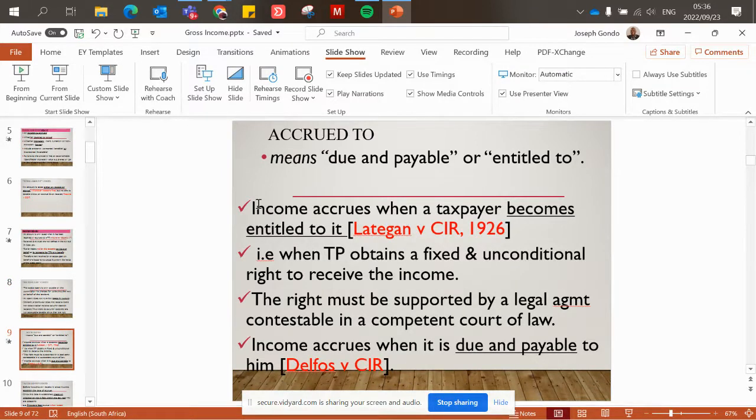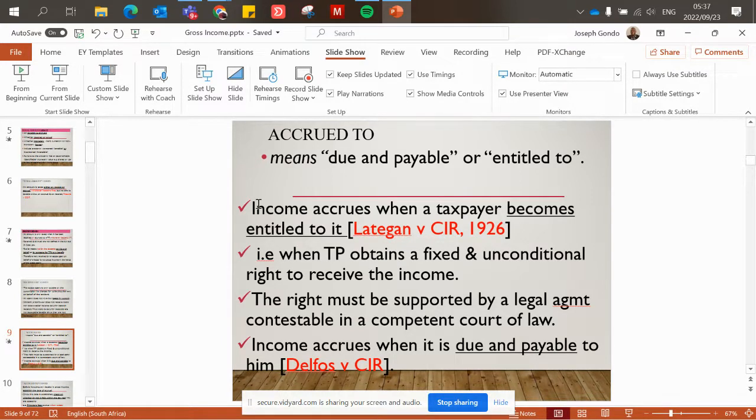Let's talk about accrued to. It means due and payable or entitled to. So if an amount is now due and payable to you, let's say you have to receive your salary on the 30th, and now it is the 30th. It means that your salary is now due and payable. So Zimra is actually going to come and tax you because the amount has accrued to you. So generally we say income accrues when a taxpayer becomes entitled to it,